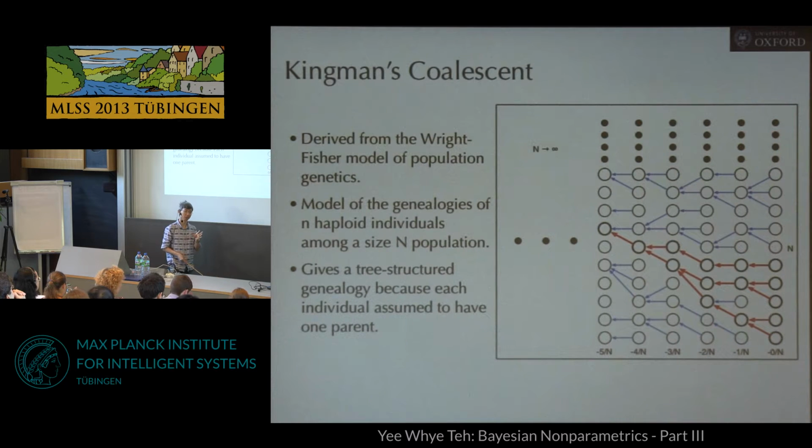So this is not a sexual reproduction sort of system. Think of this as bacterial, for example. Okay, so each bacterium has only one parent. So assume that there's no recombination and so forth. Okay, this is a very simple model. So every individual is going to pick one parent in the previous generation. And the way we're going to do this is every individual is going to pick its parent uniformly from the generation before. And then again, each individual in here is going to pick one individual in the previous generation before, uniformly at random. Okay? So if you do this, then we're going to have arrows, the blue arrows here,